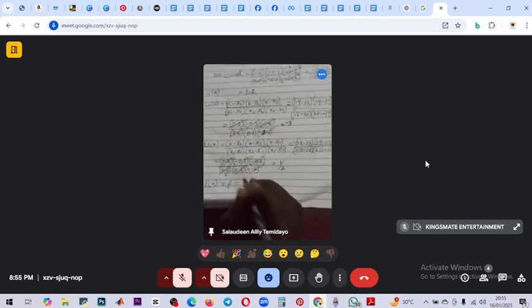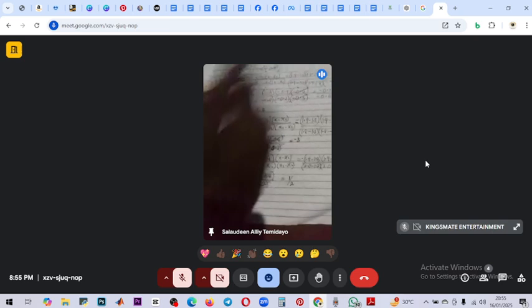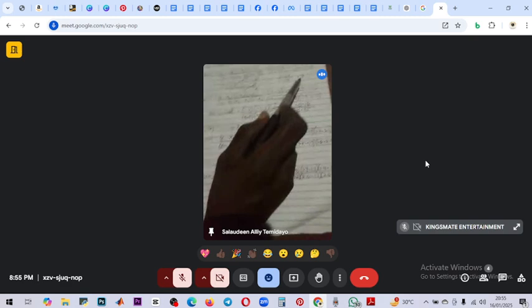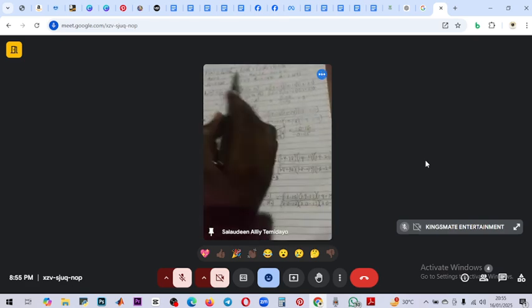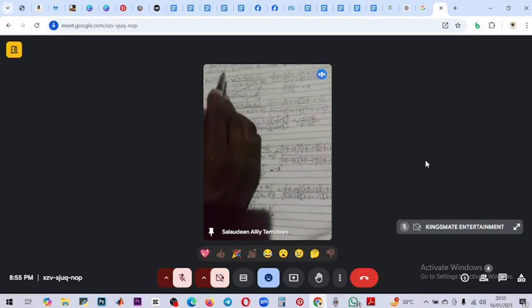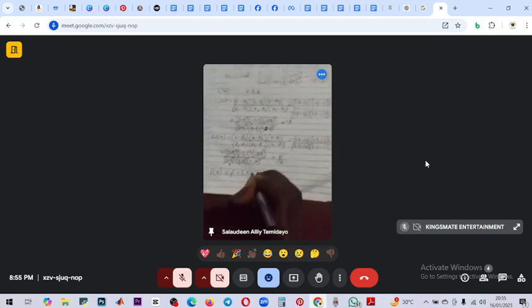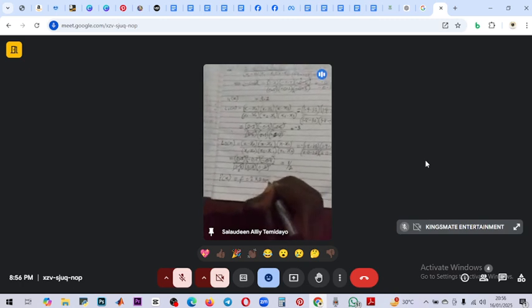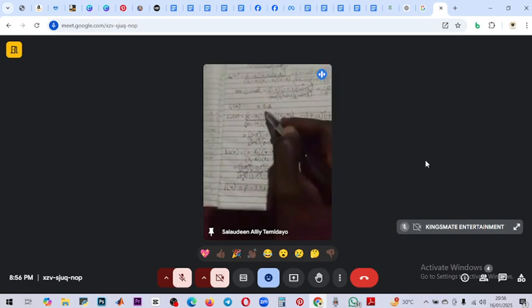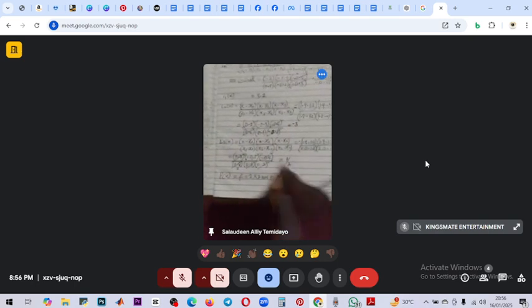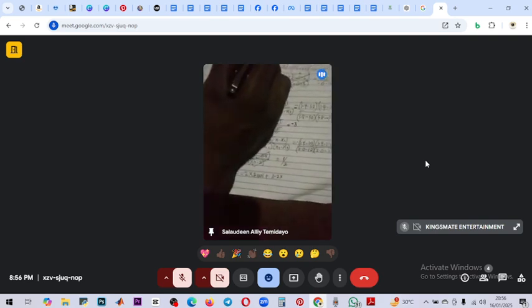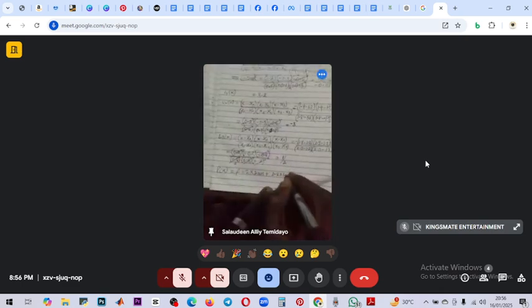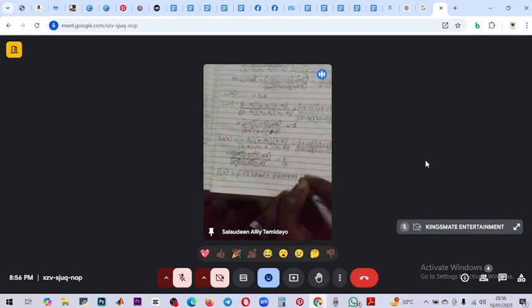P of x is equal to f is going to be L0 of x times f0. What is L0 of x? L0 of x was gotten to be 2. That's going to be 2 times f of 0. What is f of 0? 3.3201. So we have 2 times 3.3201 plus L1 of x. That is what? L1 of x is 3.2 times f1. F1 is 5.4759. 5.4759 plus